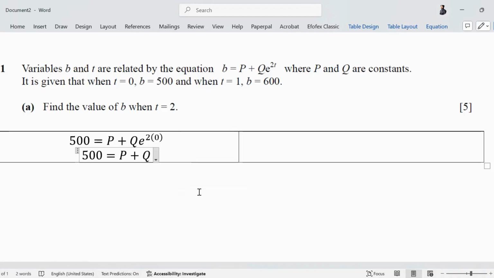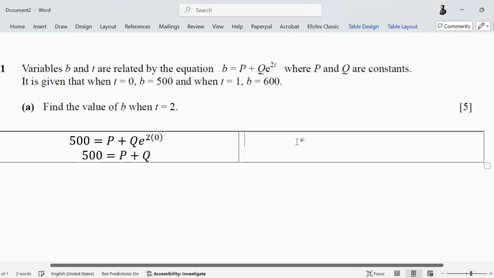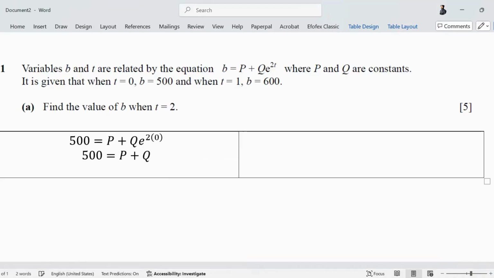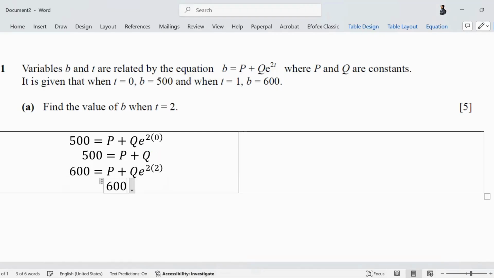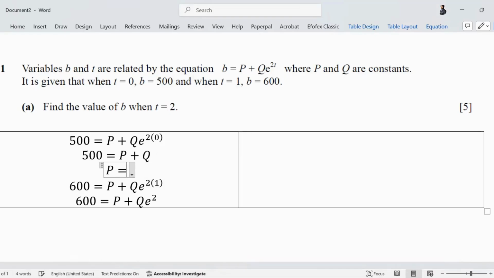Is that right? Okay, then the question told us that t is 1 when b is 600. I am constantly telling you people how to use exact answers. So if you are unable to understand this, do ask right away. So b is 600 when p plus q e to the power 2 and t is 1. Sorry, 1. Thank you. So 600 is p plus q e to the power 2. This is the question. So what is the value of p? The value of p is